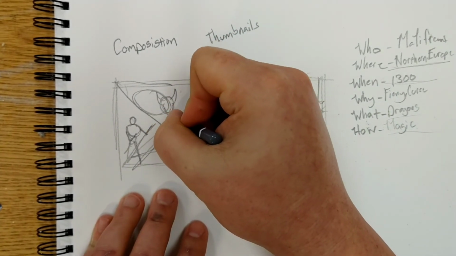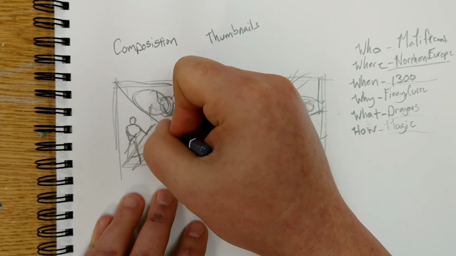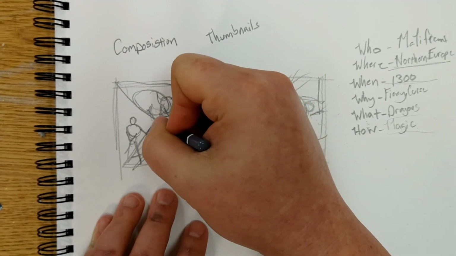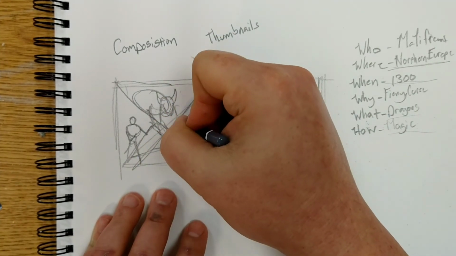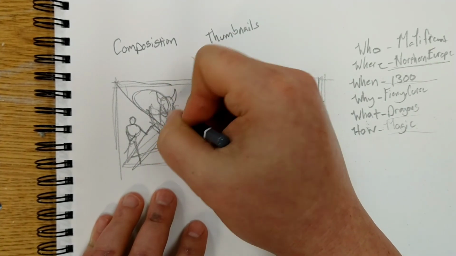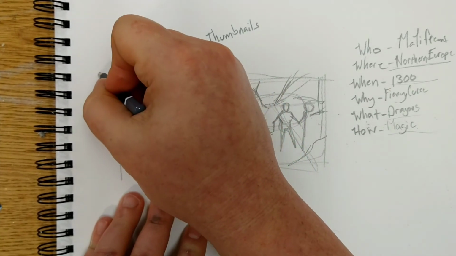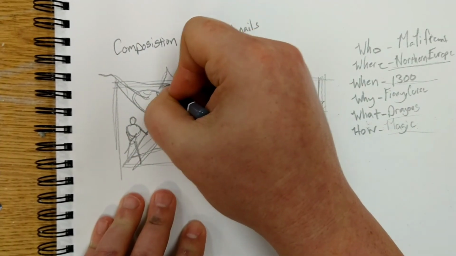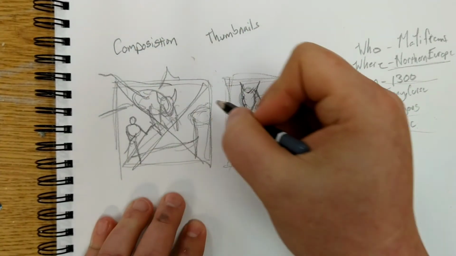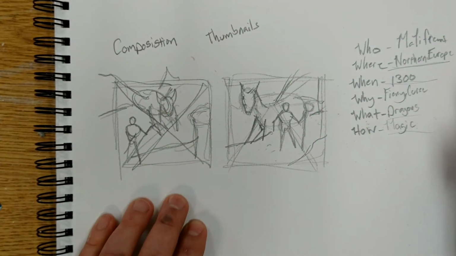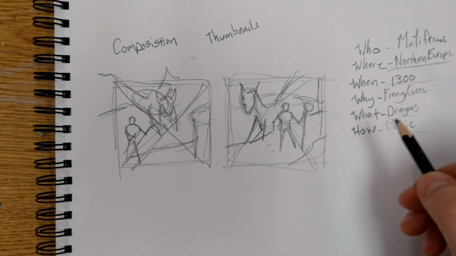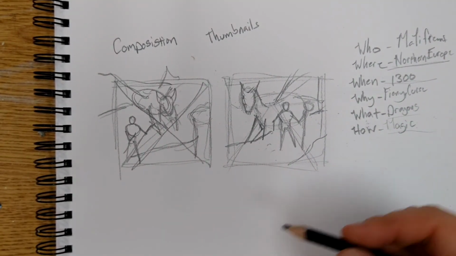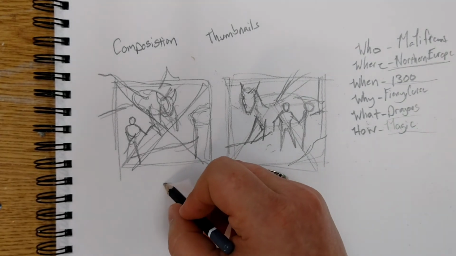Then I can go in and start figuring out what type of action it is going to be. It's like flying down. So this is how I usually start a piece. Once I've started the piece, I figured out, well, I like this composition better, then I'm going to do a larger version of it